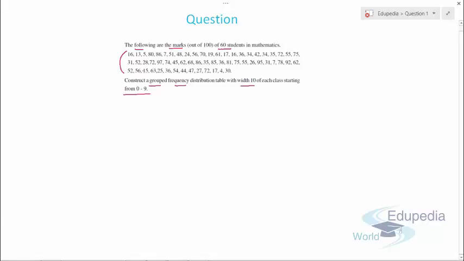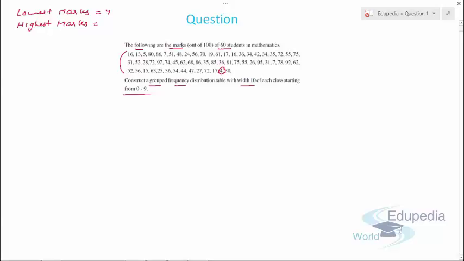Now first of all, we need to find the lowest value, right? So we can check. One is 5, right? So we have to search for the lowest value. One is 7, then we have 4. You can see properly the 4 is the lowest value. So over here we can write the lowest marks are 4, right? Now we need to find the highest marks,